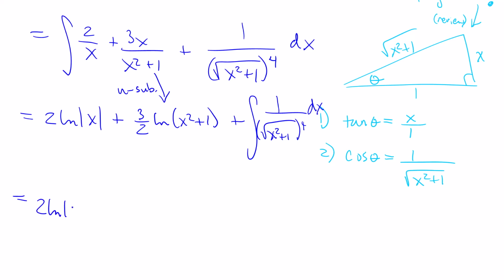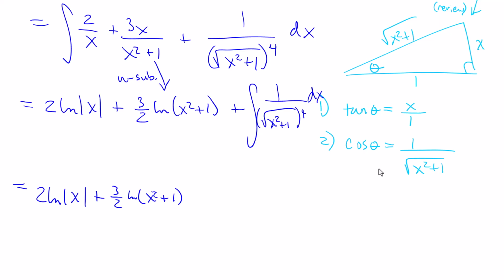Copy down the stuff that's done. 2 ln absolute value of x plus 3/2 natural log of x squared plus 1, guaranteed positive there. Then we've got to plug in these trig values to get this working. Notice 1 over the square root of x squared plus 1 is what cosine is for us. And we have the square root of x squared plus 1 within our integral, which means this is really the